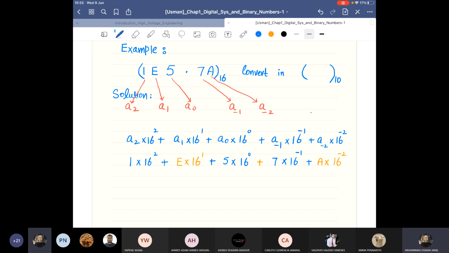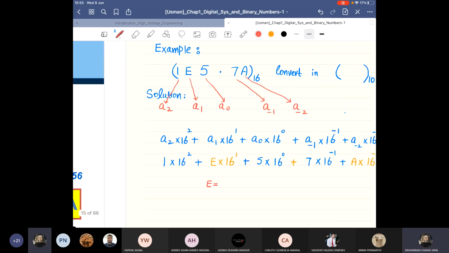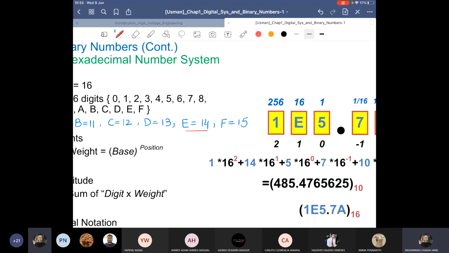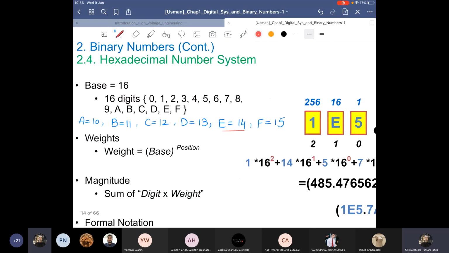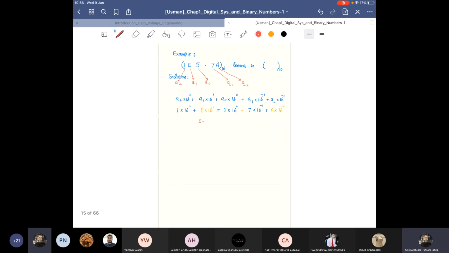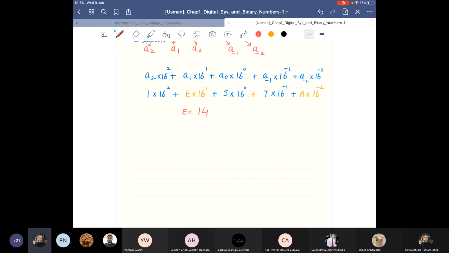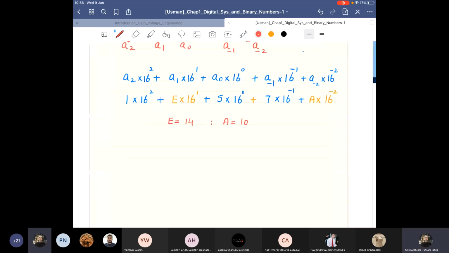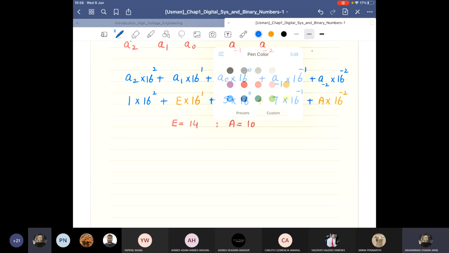And now we know that E is equal to 14, okay, E is 14 and A is 10. So you have to write this one now. E is 14, so E is 14 and A is equal to 10. So now put these values. So when you substitute these values, then you can get,